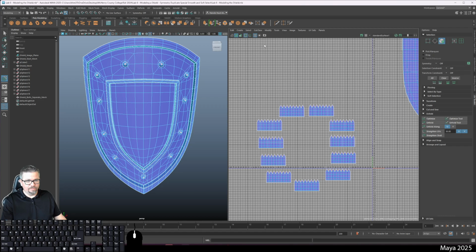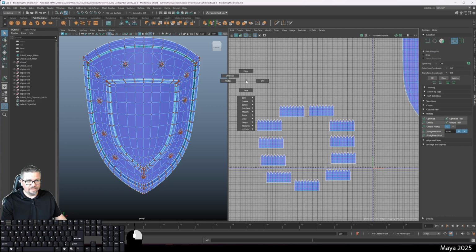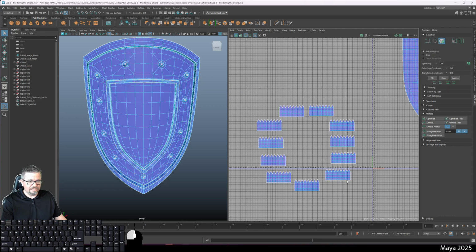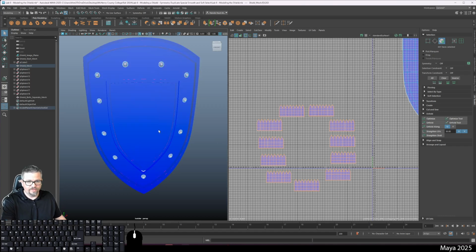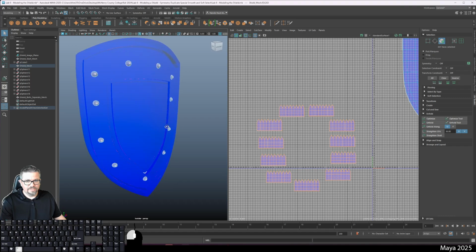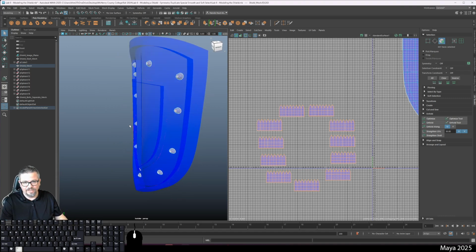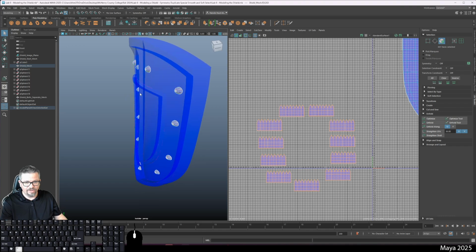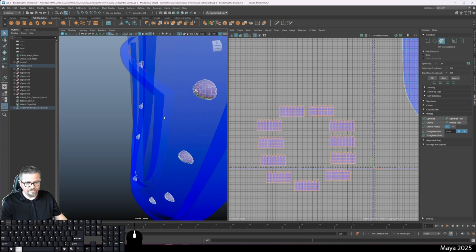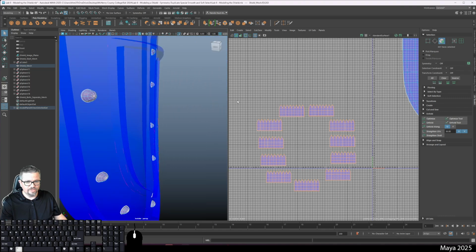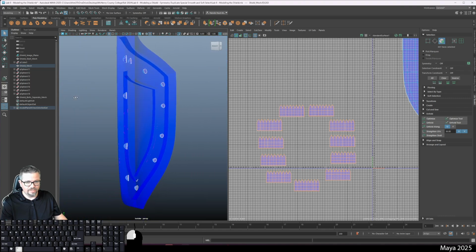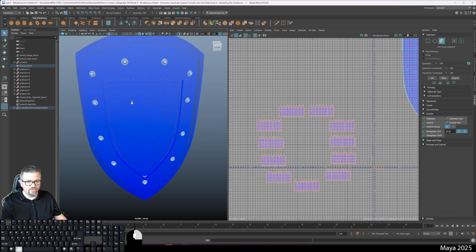Pretty simple, right? I'm going to select my arrow tool again, hold right click, go to face, and I'm going to select all of these. Right now I know I've got all of the very simple. That's pretty cool. I just went into isolate mode, kind of holograms the rest of it because it's showing it in that UV display or whatever in the shaded. But you'll see I've got just these selected, which is really, really cool and nice. So I'm going to, from here,